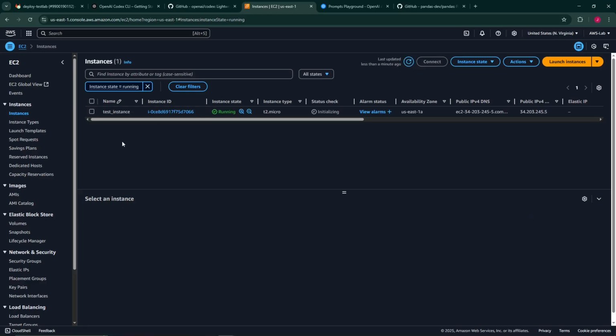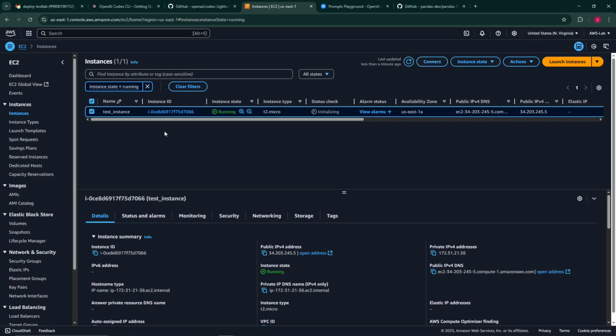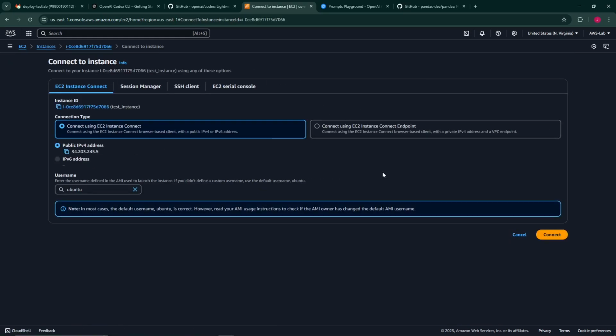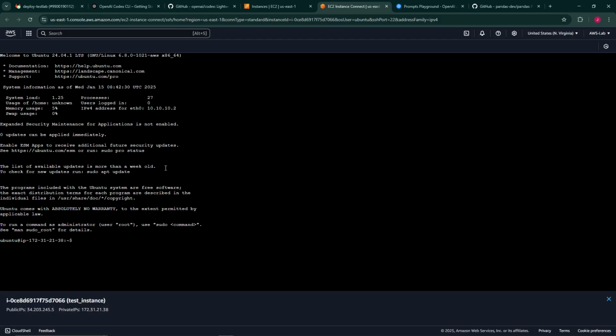So this is going to be the instance that we had just spun up from our GitLab. So we're just going to go ahead and highlight that instance and connect into it using EC2 Instance Connect. Usually you obviously want to update and upgrade your machine. I'm not sure how old this will be, but let's just try doing it without it,